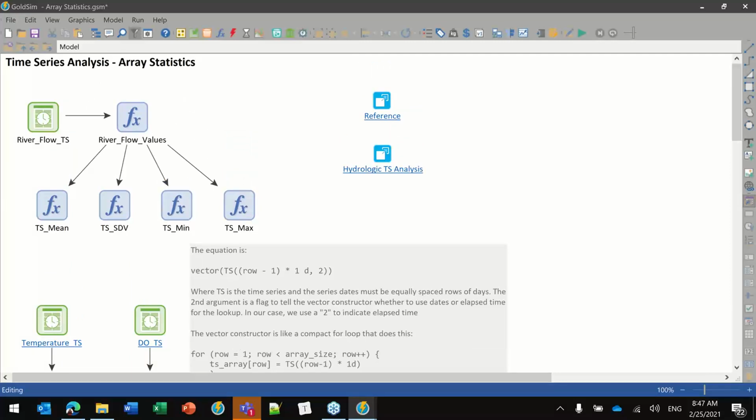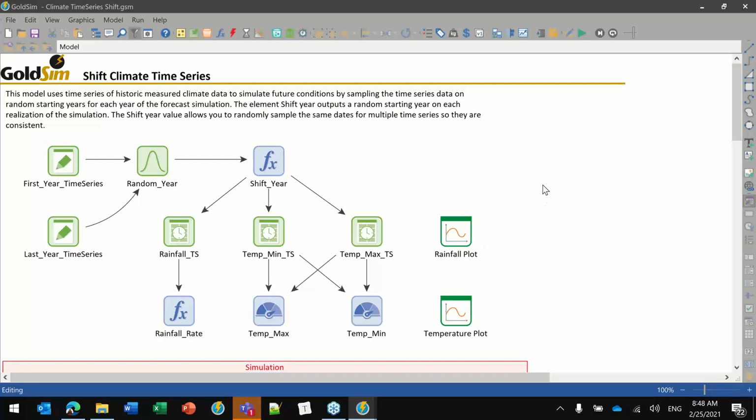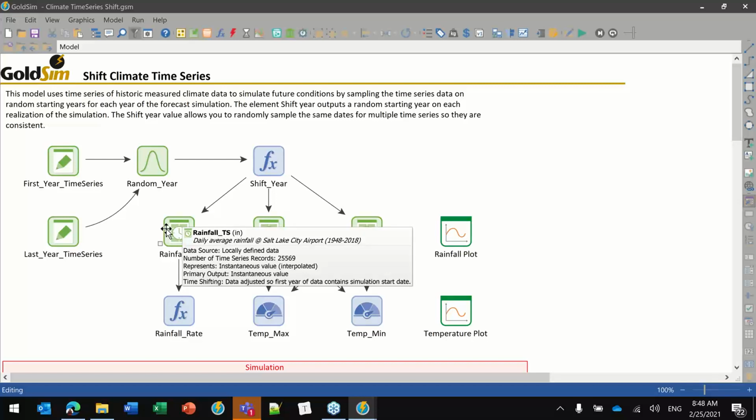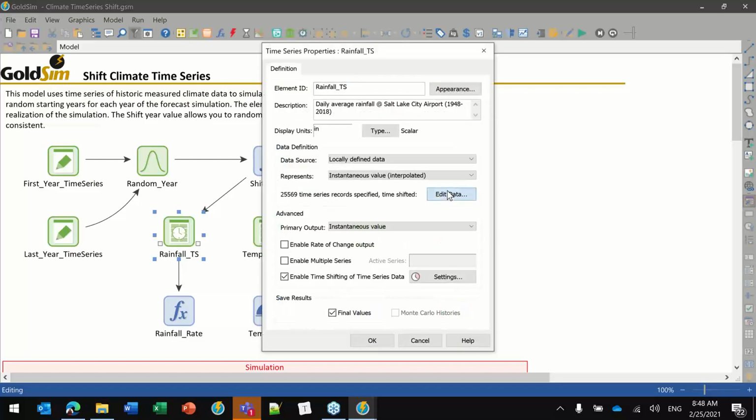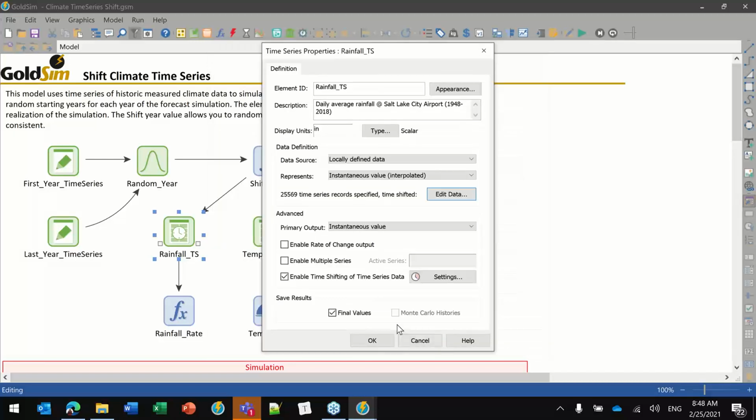All right, another one that you can deal with is, let's see, just looking through, time shifting. Time shifting is pretty important and very useful for looking at certain types of statistics. So for example, let's say that you have a very long time series record. In this case, 1948 all the way to current, or close to it, 2018. And it's daily. It looks like it's daily, is it? Yeah, daily data. So that's quite a bit of information. You can see it even tells you right here,